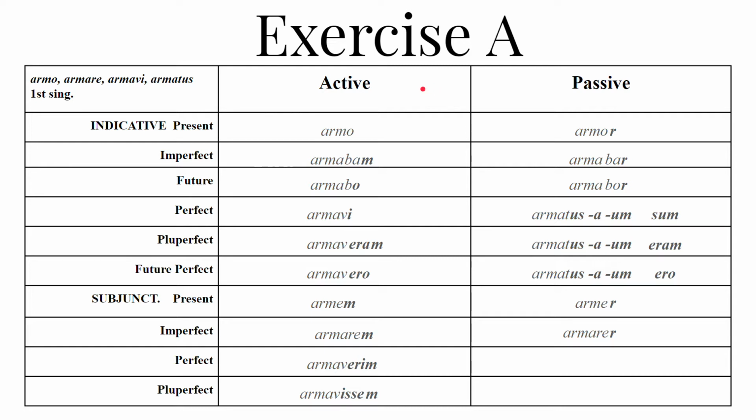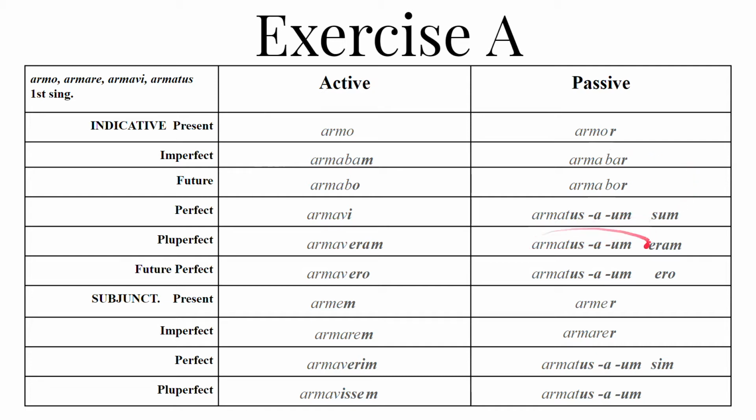So the passive voice, for the passive voice, we want the fourth principal part. The passive voice for the subjunctive mirrors the indicative quite a bit. So we want the fourth principal part, armatus, but instead of the indicative of sum as our helping verb, change the present indicative of sum to the present subjunctive of sum. So sim, armatus sim. For the pluperfect, armatus once again, only this time, instead of the present subjunctive of sum, we want the imperfect subjunctive of sum.